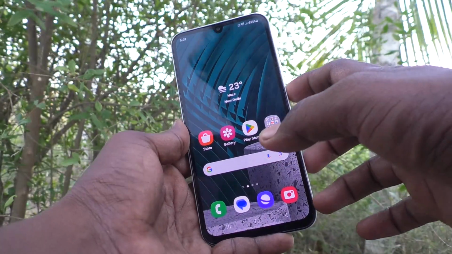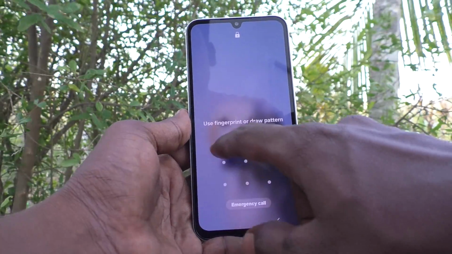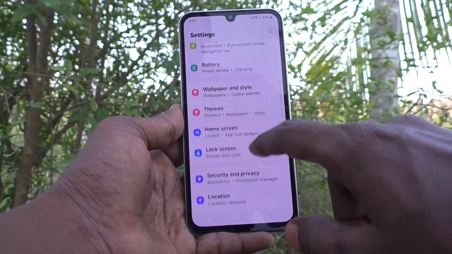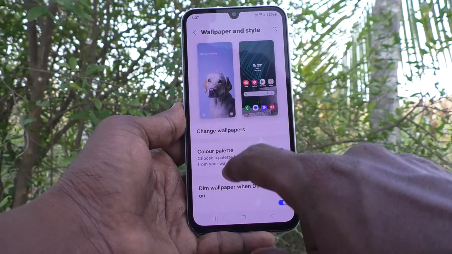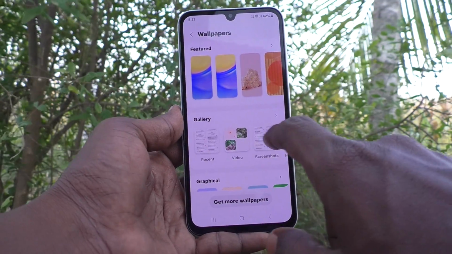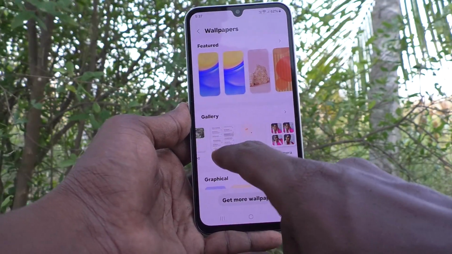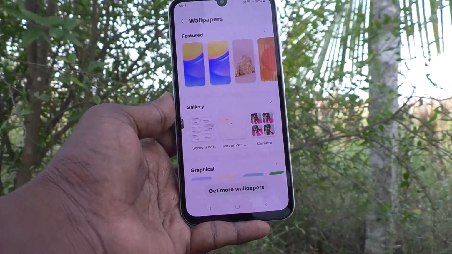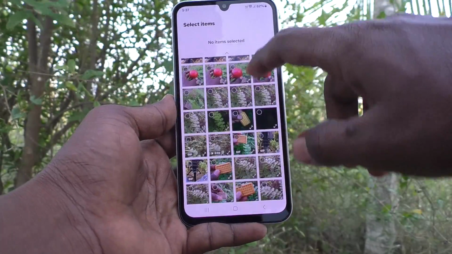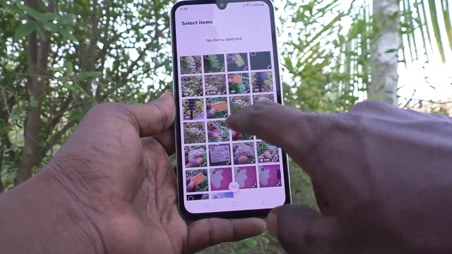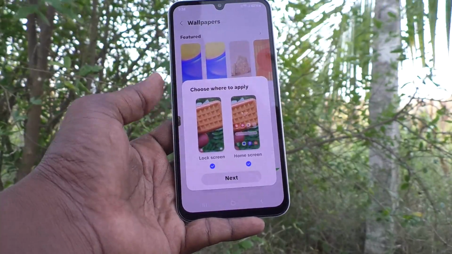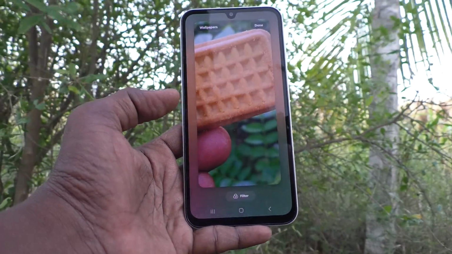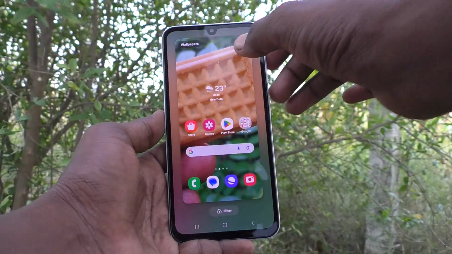See here. So if you would like to now set a photo as wallpaper for home screen, yes, you can do it. Again, go to the settings and go to wallpaper and style, and here click on change wallpapers, and here select gallery folder, recent folder, videos, screenshots, and screen recorder, camera. All folders are showing here, and I select camera, and I am selecting this biscuit wallpaper. Click on done. I have taken a biscuit photo and I set in home screen and click on next, and yes, if it is okay, then click on done,